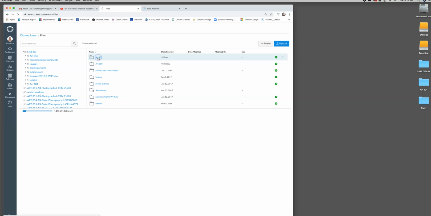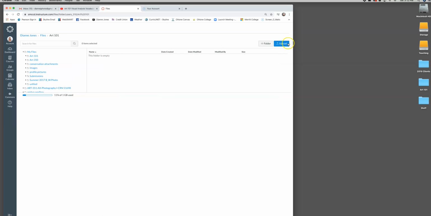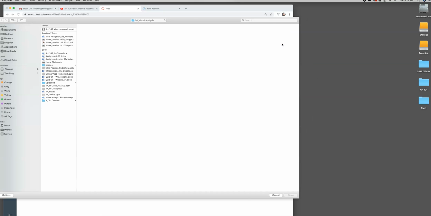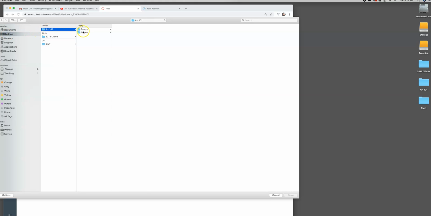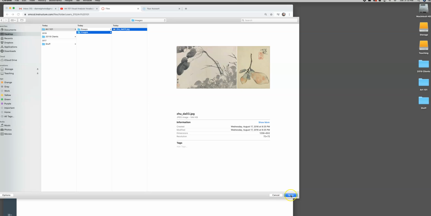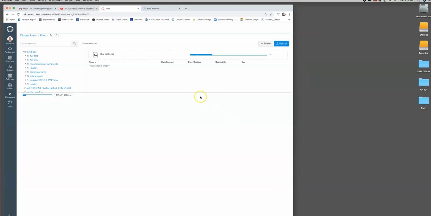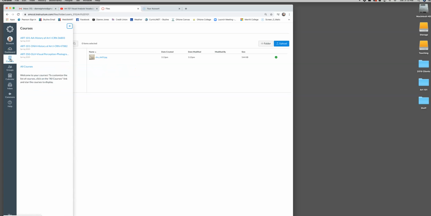You're going to open that folder and then you're going to upload that image that I just put on the desktop. So I'll navigate back to the desktop, grab that image and say open. And now that image has been copied into my Art 101 folder. Once the image is there, then I can go back to my